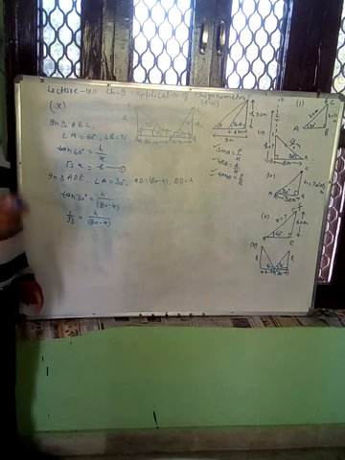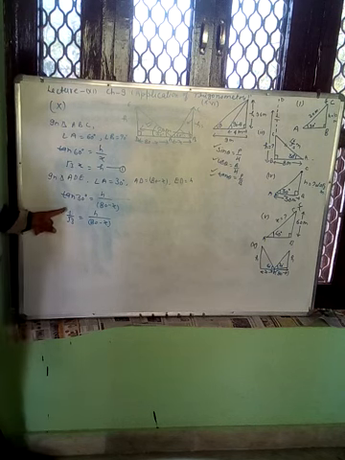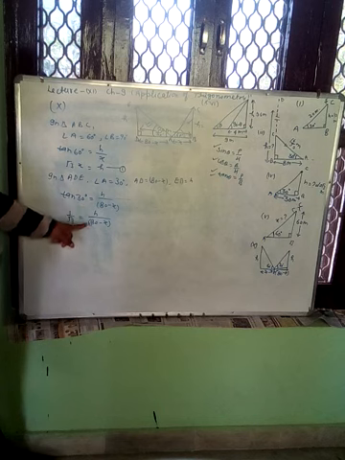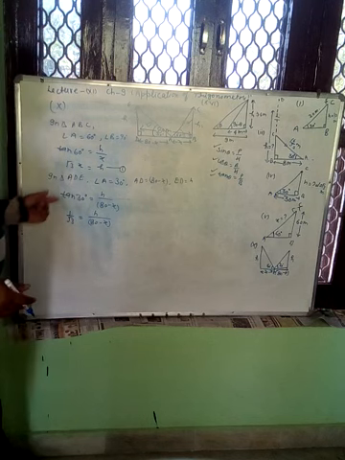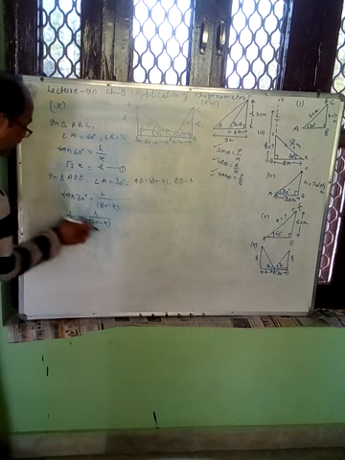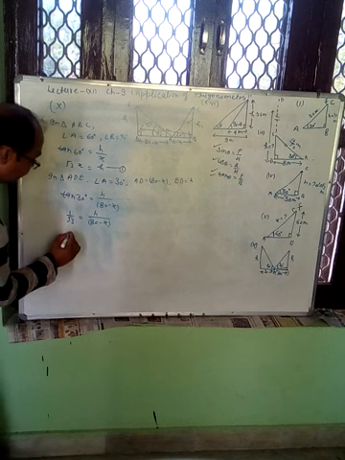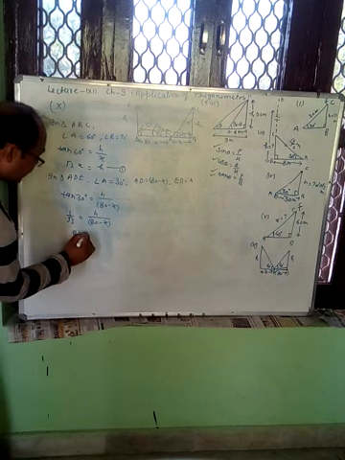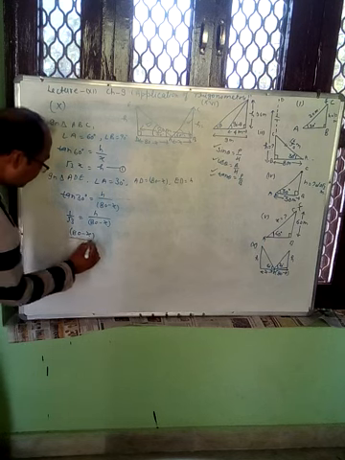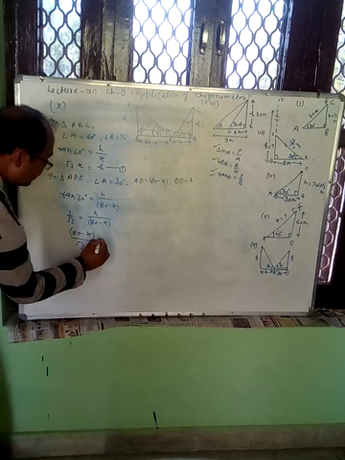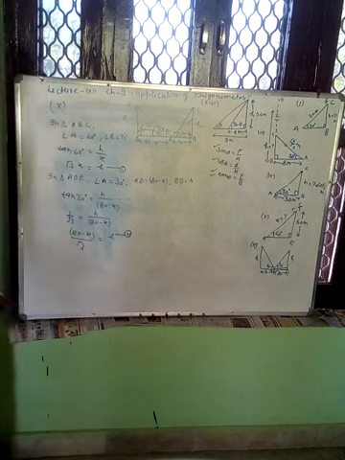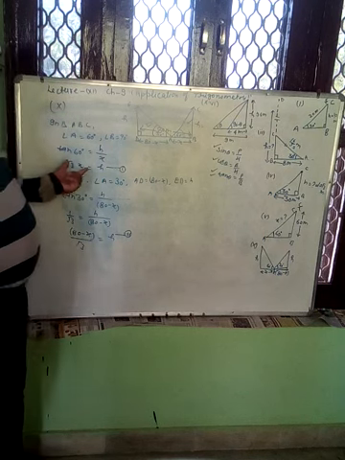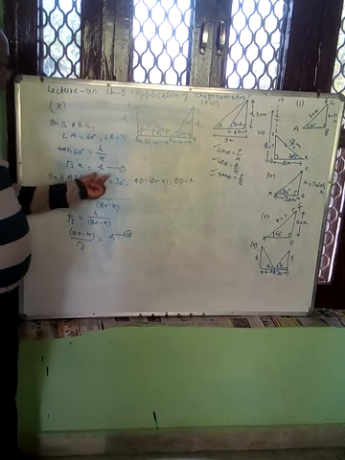By cross multiplying, 80 minus x upon root 3 is equal to H. This is equation 2. From equation 1, this is H,